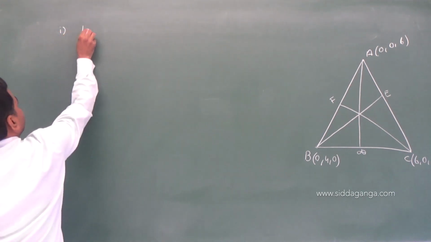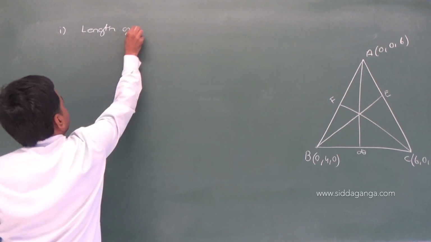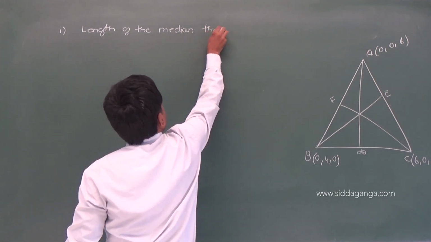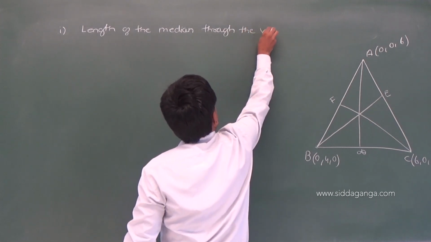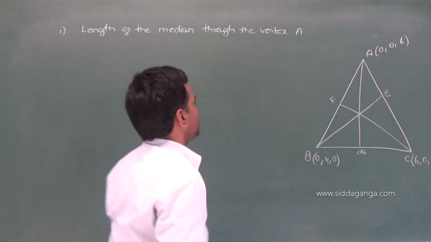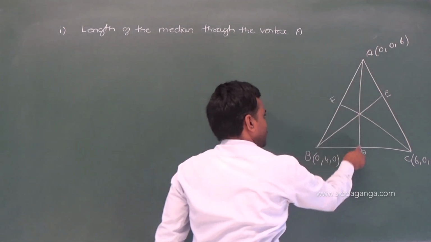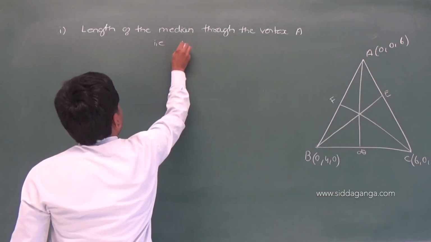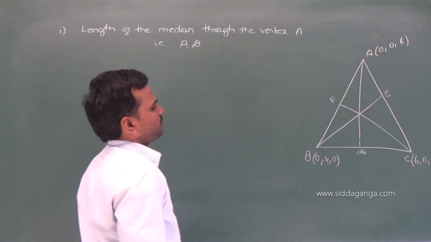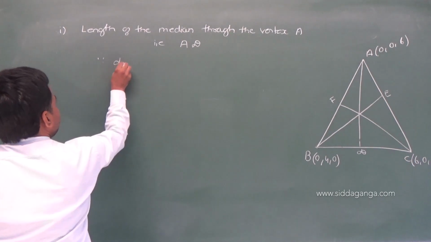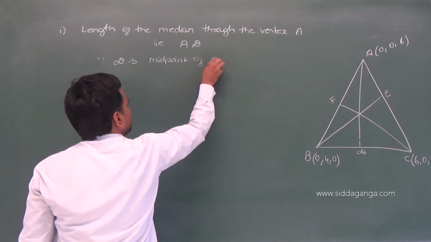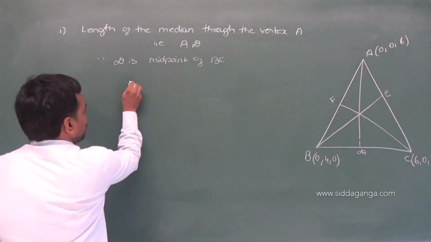First one. Length of the median through the vertex A. So that is AD, the distance from A to D. Since D is the midpoint of BC, correct? D lies exactly at the midpoint of BC, then the coordinate of D